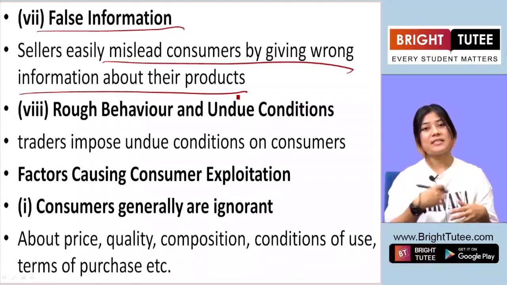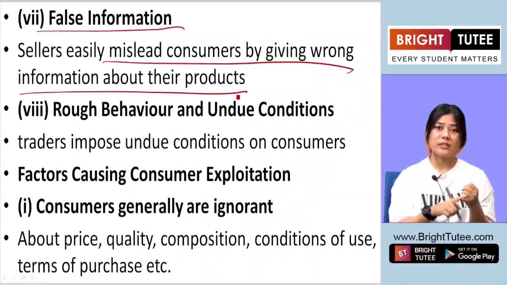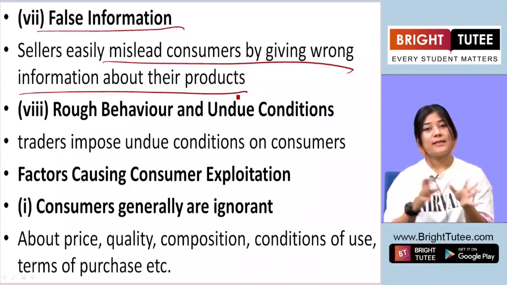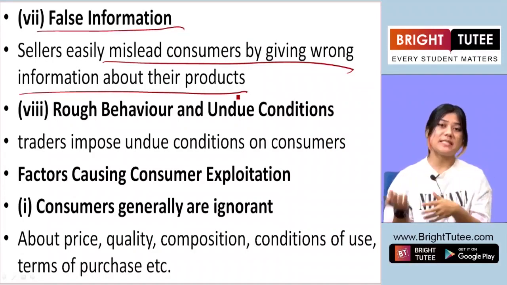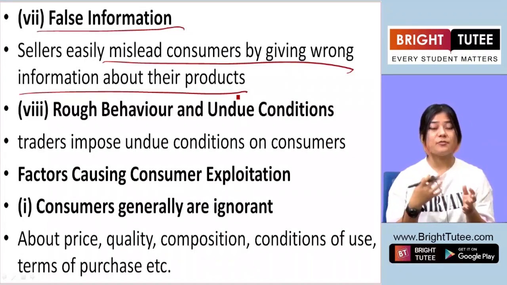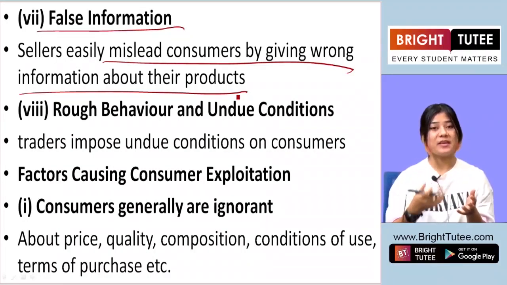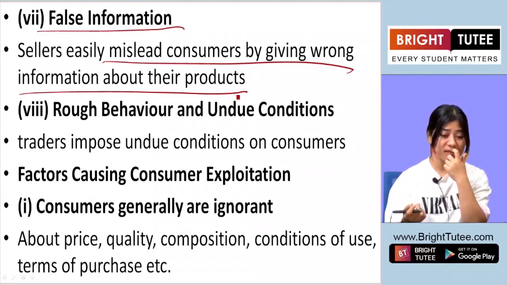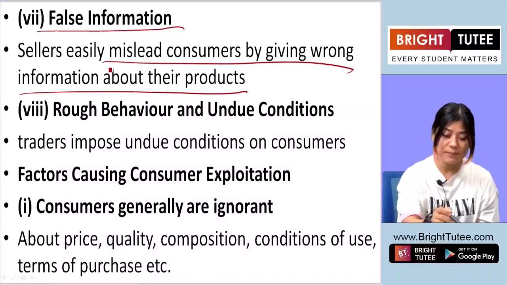Say, for example, they sell a packet of chips saying that this is non-greasy, non-fat, healthy, etc. But then at the end, when you actually look into or research it, you'll find that the company was misleading. Okay, it was trying to make people buy, and because of that only, it was advertising the product as being healthy. So by providing false information, the consumers are also misled.